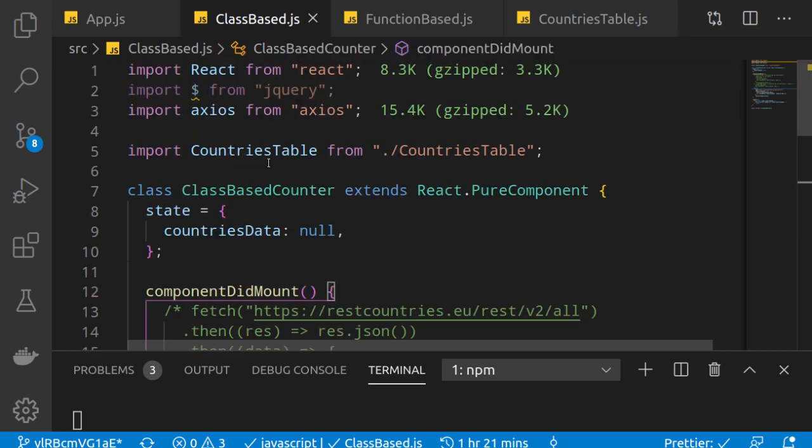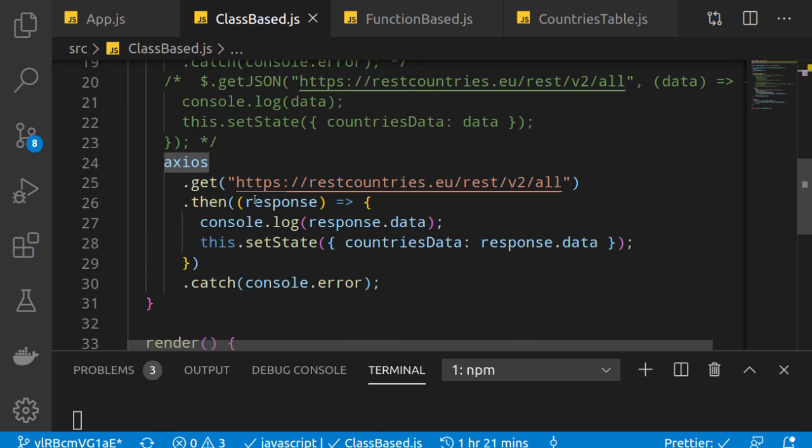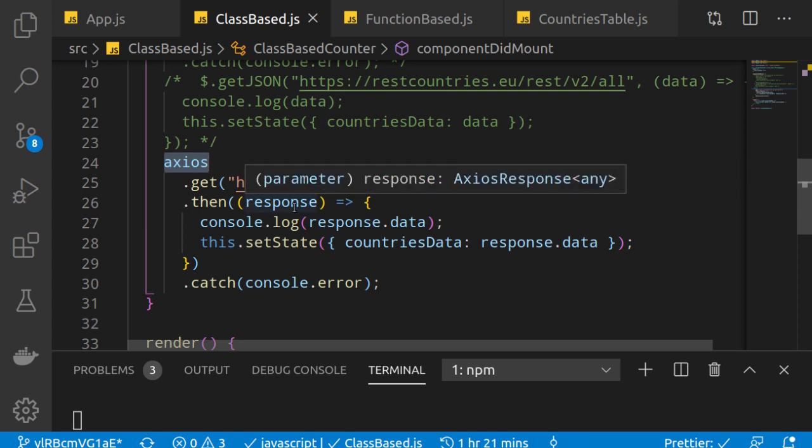So for using Axios, the method is same. We need to use yarn add or npm install axios in our project, and then finally we will have this Axios here. We can import it, and again the method is same. We can use axios.get. This is the method. You can get more details about the Axios on their official website, but I am using the .get method here, and which again gives me response in the JSON format.